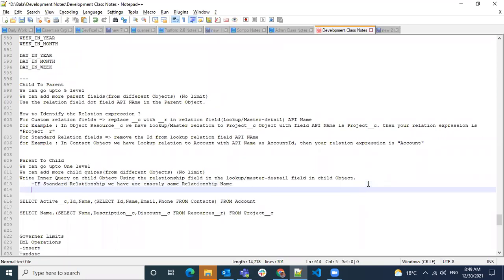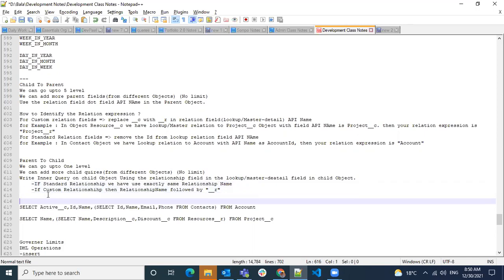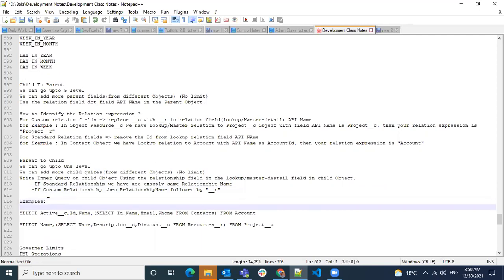And if there's a custom relationship, then relationship name followed by underscore R. Okay, below are some examples.